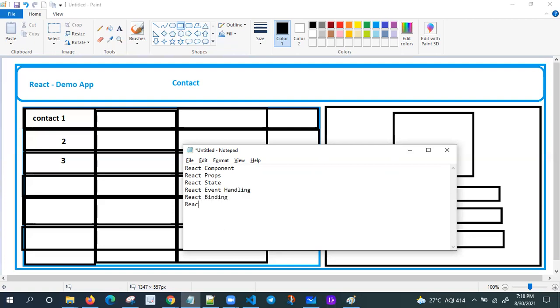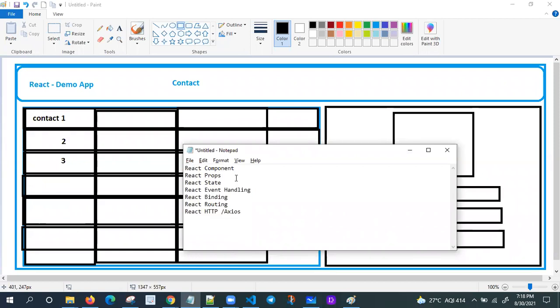There's no form handling. We are doing React routing, because this is the routing here: if you click this one, we get the data. And React HTTP, which is nothing but Axios. I'm going to cover all these topics.